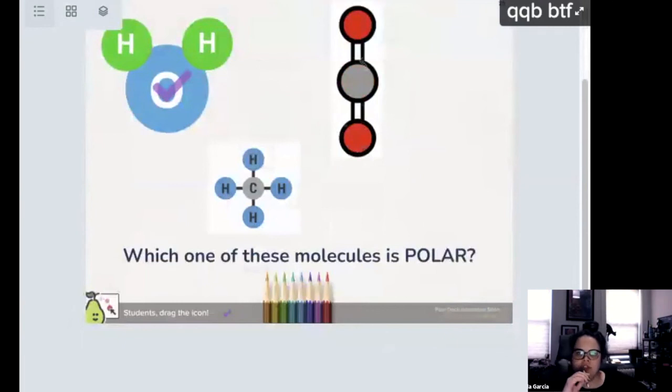Hugo says, I remember the difference between polar and nonpolar by using fiction and nonfiction, showing that non is the opposite, and so would this be? Yeah, good. Whatever you need to use to help you remember, use it. It is kind of annoying that the word polar is uneven and the word nonpolar is even. It would be nice if the two with prefixes would match, but you know, I don't make up the rules. So. All right, let's do